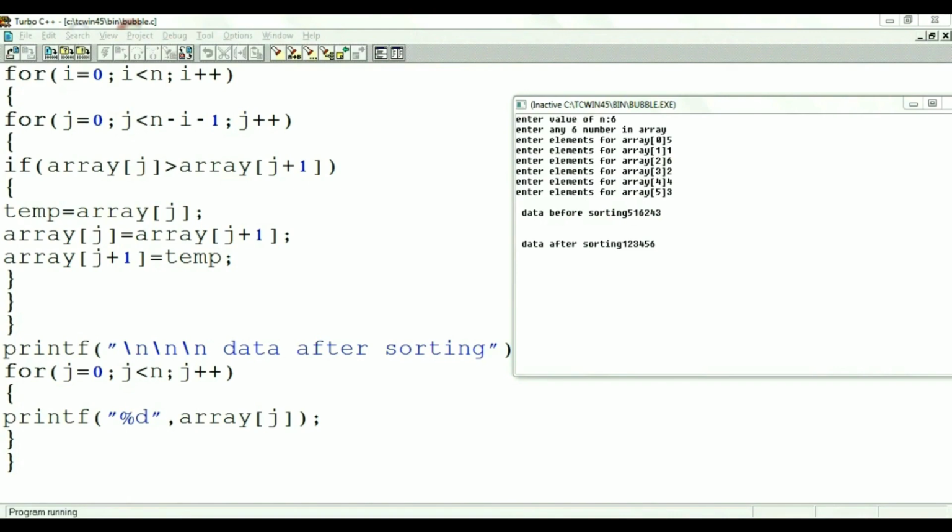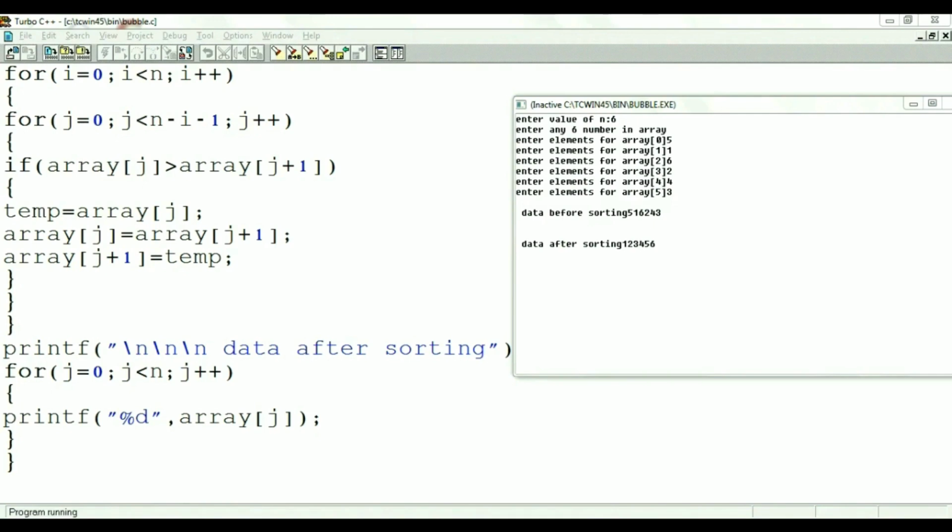So 0 less than 6, then the loop will enter into the for j loop. That is, at this point we have j equal to 0, 0 less than n equal to 6, that is 6 minus 0 minus 1. At this point i value is 0. So we got the value as 5 here, that is 6 minus 0 minus 1.